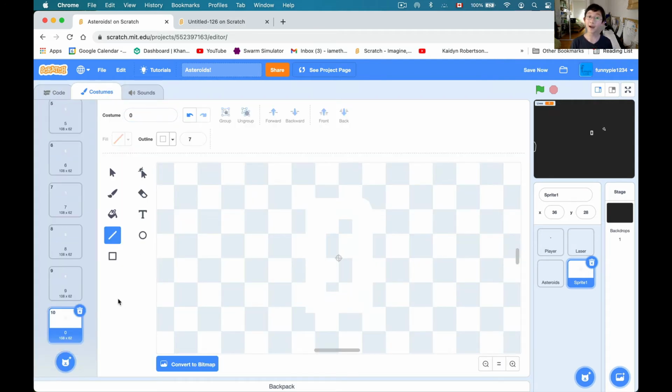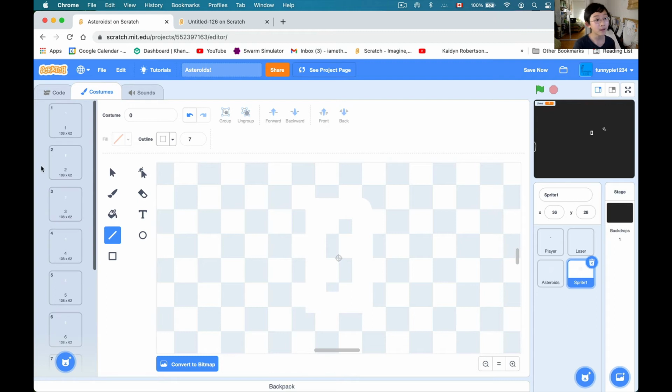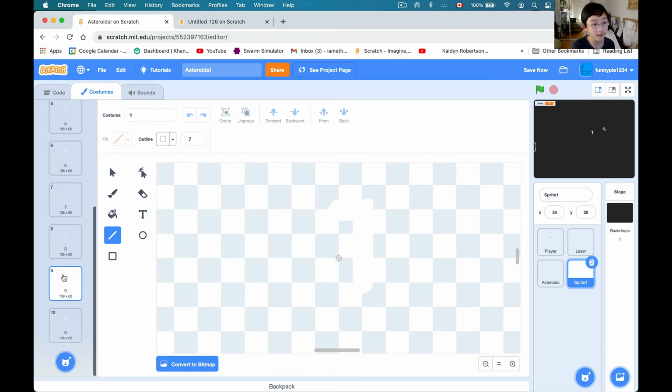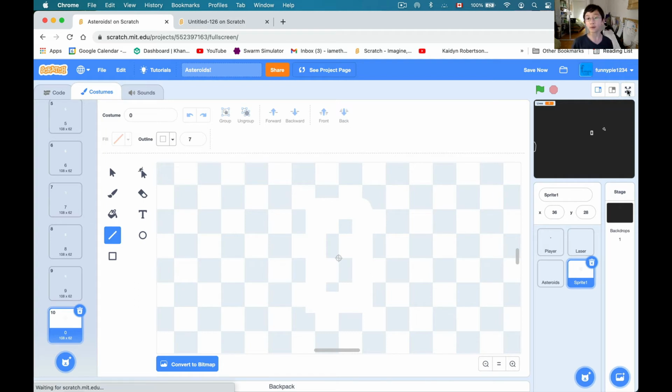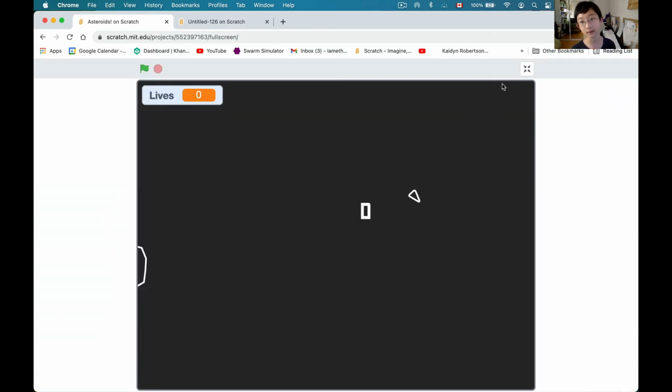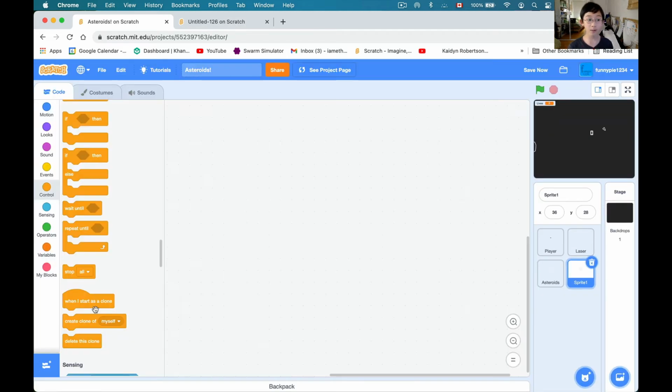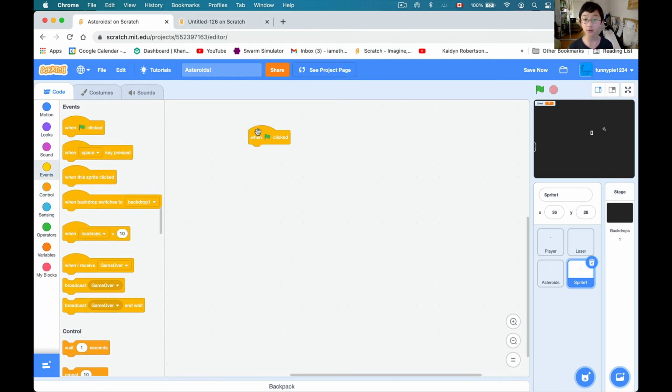Alright, so I've just created the costumes from 1 to 9, and I also added 0 here. They don't look like much here, but if you zoom in, then it looks like a 0. Okay, so how are we going to do this? Well, it's pretty simple. What we're going to do is first create a bunch of clones, and